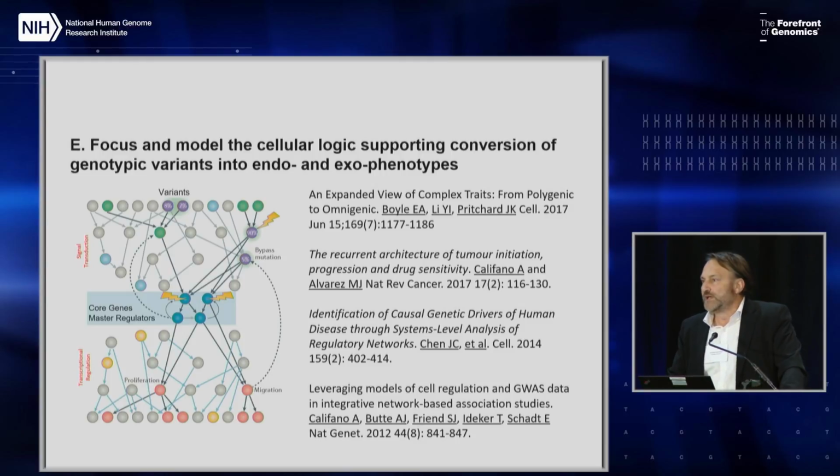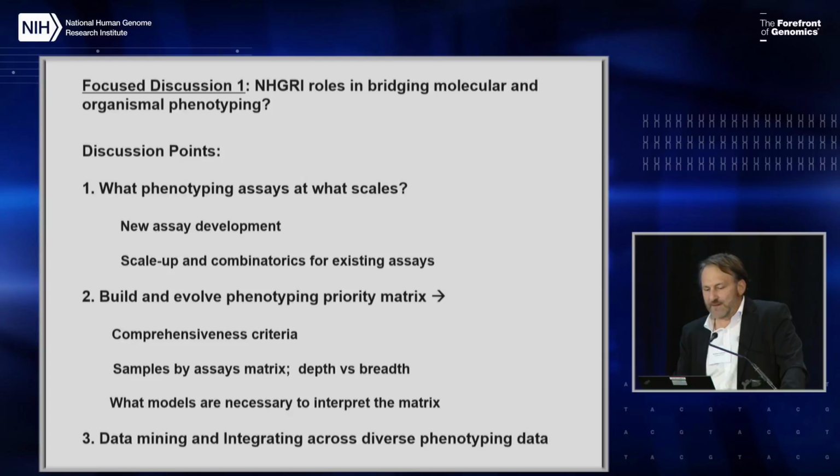And I think both some of the theories built around the omnigenic hypothesis with core genes and the similar type of theories built in cancer around master regulators suggest that maybe there are mechanisms that are highly integrative in biology that allow us to focus on the relatively small number of distinct phenotypes as opposed to the infinite number of ways in which these phenotypes can be implemented. And there are many specific examples of that.